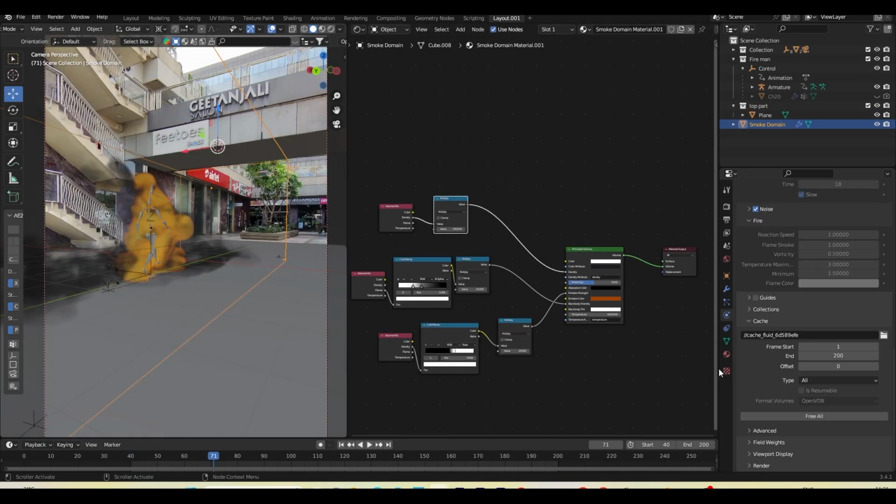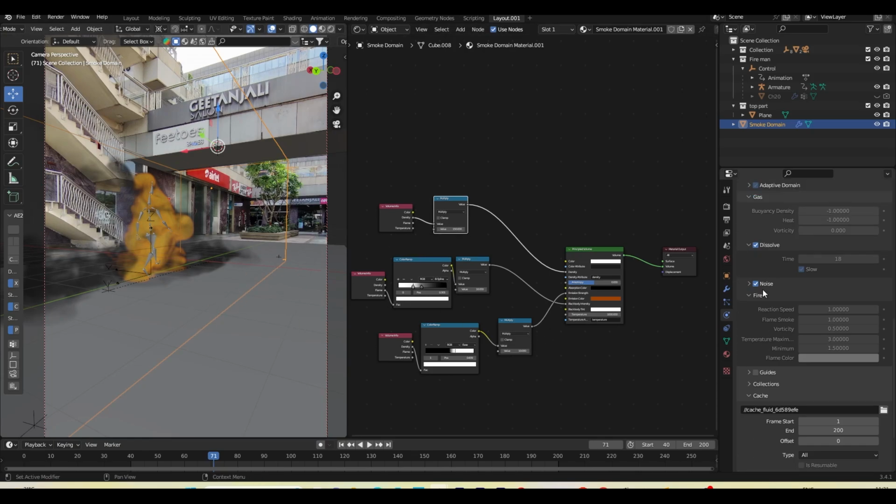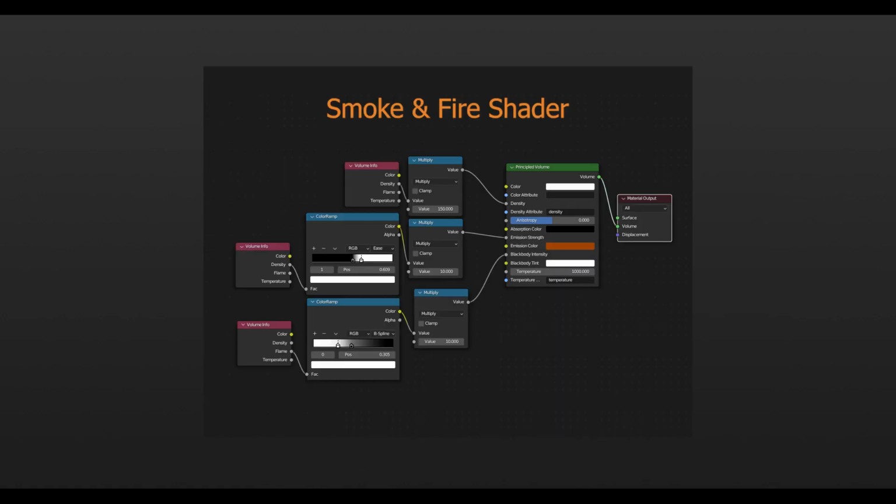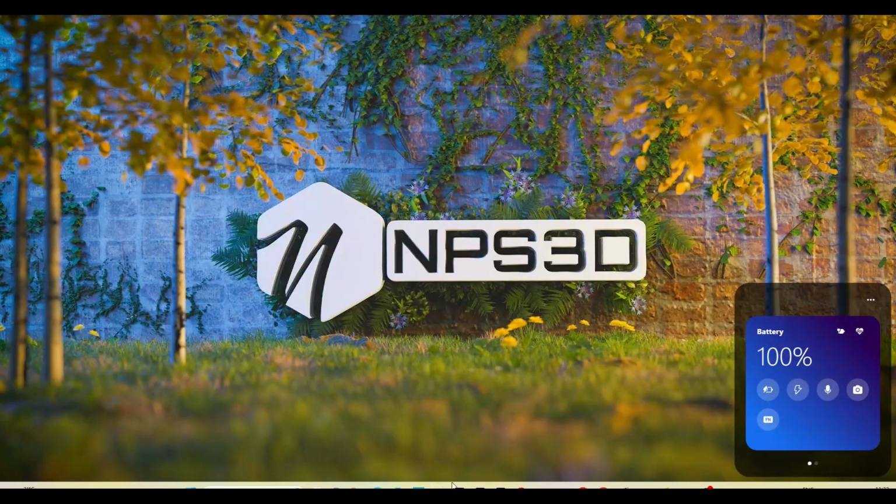After Effects. Yeah, I did a couple of changes after I stopped the recording. So I will show you my domain settings and also the emitter settings on the screen, so you can see this right now. And after the rendering finishes, I will save it, and I will open After Effects,